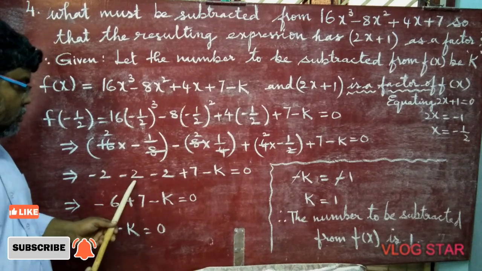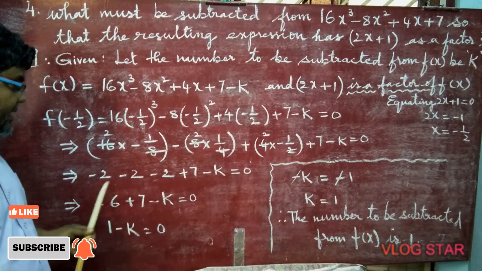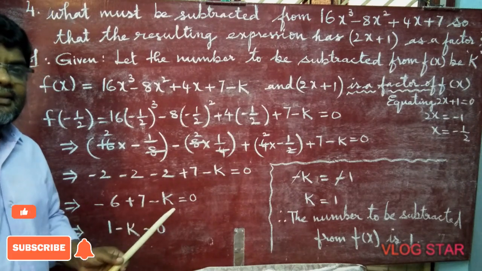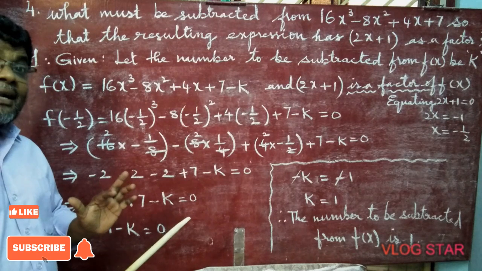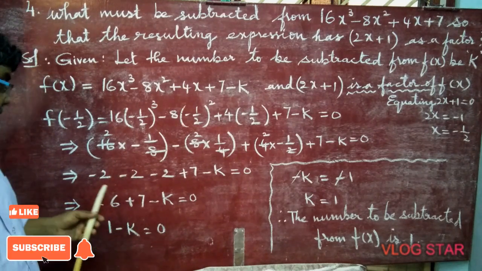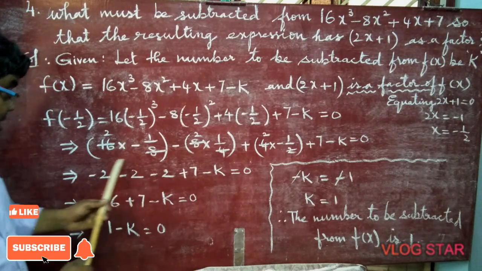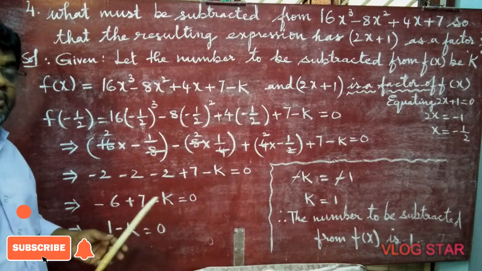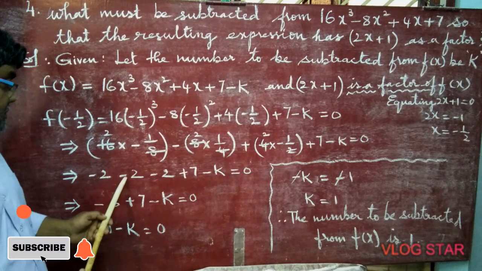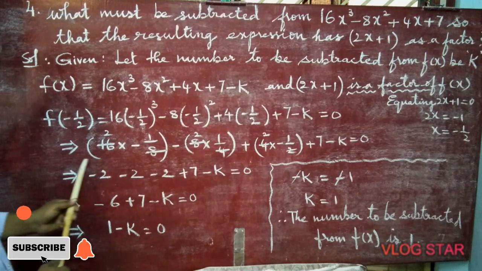2 donkeys, 2 donkeys, 2 donkeys: 6 donkeys. 2 monkeys, 2 monkeys, 2 monkeys: 6 monkeys. We can't add a donkey and a monkey. In the same way, opposite signs means we won't add. Here the signs are same. Here you have to be careful. Even I too make mistakes, so you have to be careful. This is not multiplication. Some will think minus into minus, plus into minus. No. We are going to add.